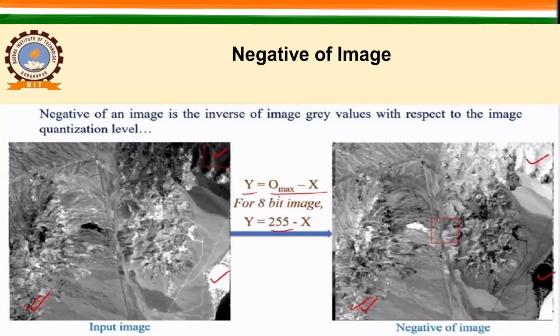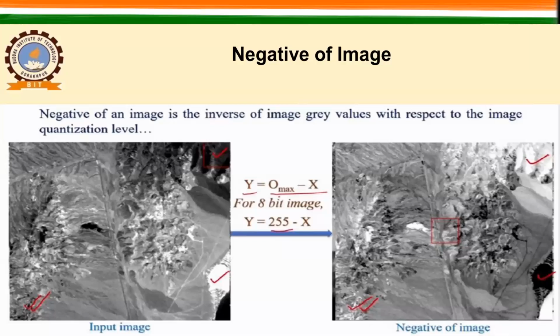So here is another example where you can see the difference. Here you can see this particular area, and this particular area, they are just the negative of each other with respect to the highest quantization level. So these methods are basically linear methods, where we are assuming that contrast and brightness are changing linearly. But what if we do not have such a condition? In nature, we always find that we do not have any linear relationship in the contrast or brightness, right?